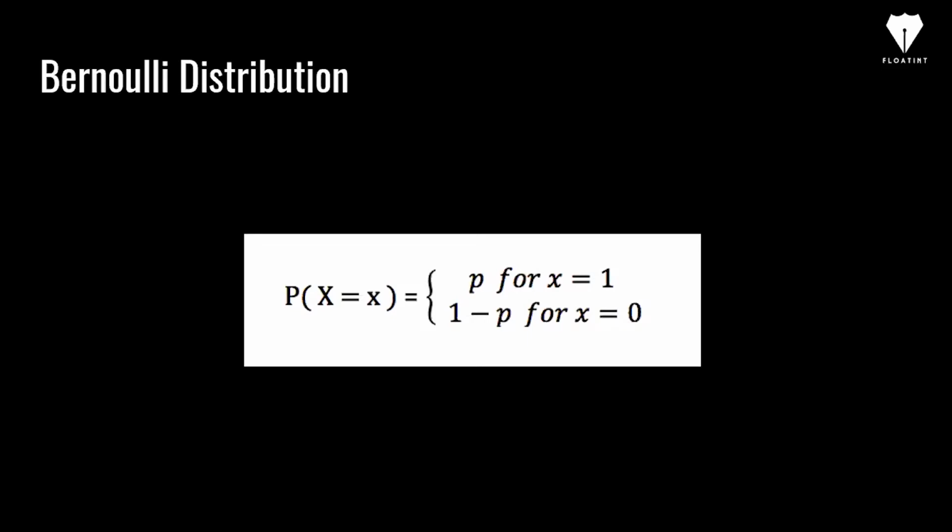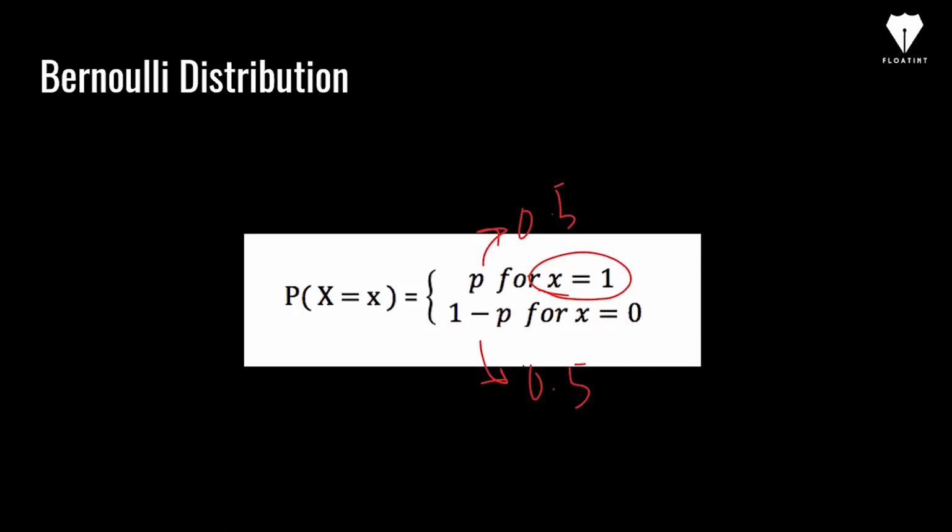You do an experiment which has only two outcomes with certain probabilities. One will have probability p and the other will have probability 1 minus p, because the summation has to be 1, and that's why p and 1 minus p. This is what we call the probability of success. Let's say when I toss a coin, I define success as getting a head. In that case, this value will be 0.5, and this value will also be 0.5. So this is a case of a Bernoulli distribution.